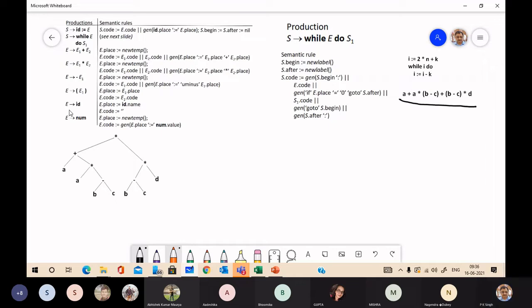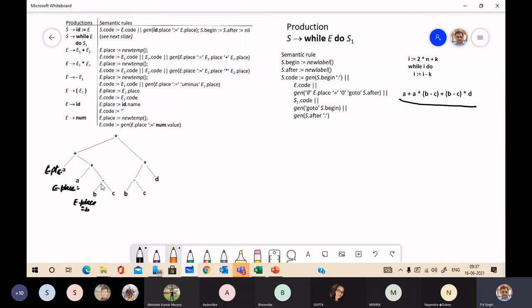Okay. E place means at E place here, E place equal to A. Here E place equal to A. Again E place equal to B. These are the reduce actions.